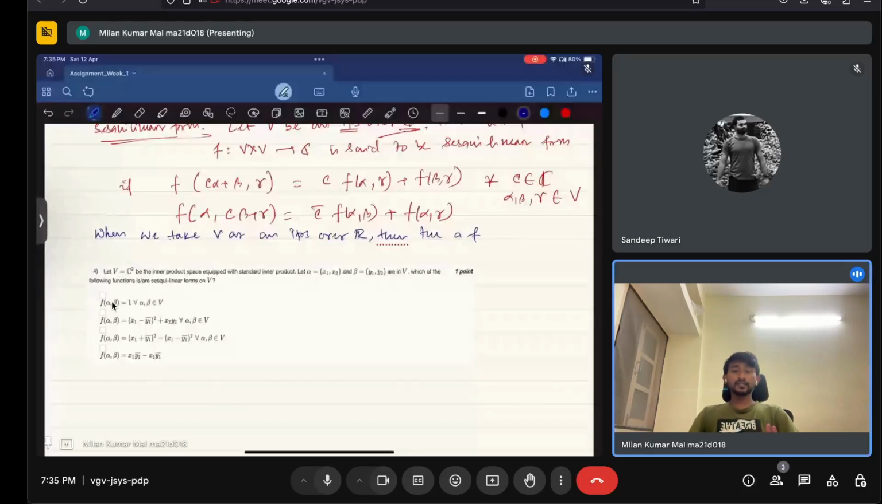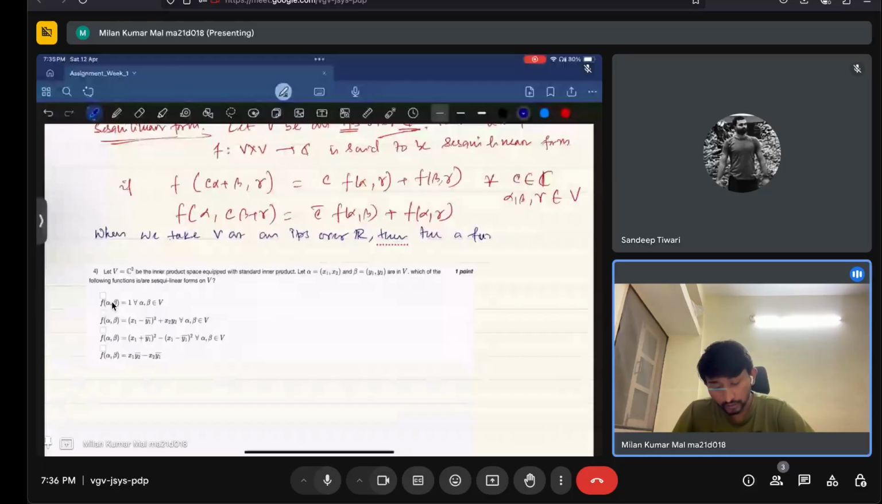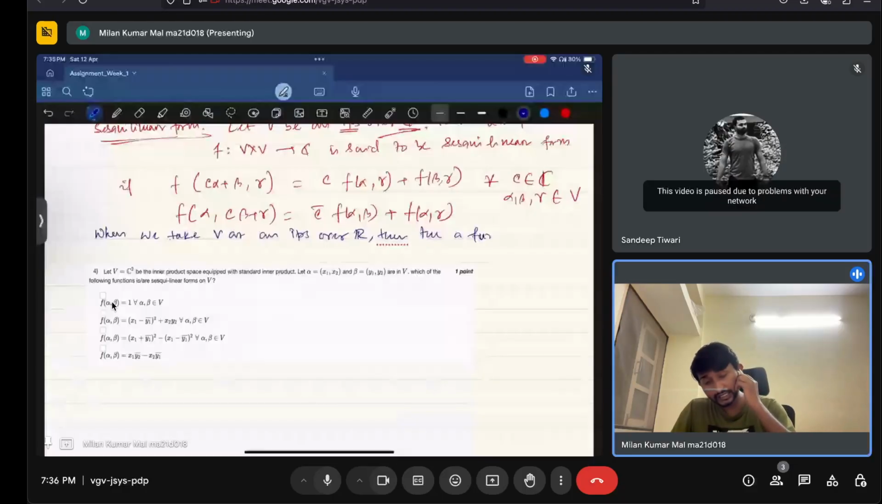Okay, so that means everything is in real settings, then it is called bilinear form. So the problem says: let V be the C2 inner product space equipped with the standard inner product, where alpha is something and beta is something in V. Which of the following is or are sesquilinear forms? So there is only one option. So this is obviously